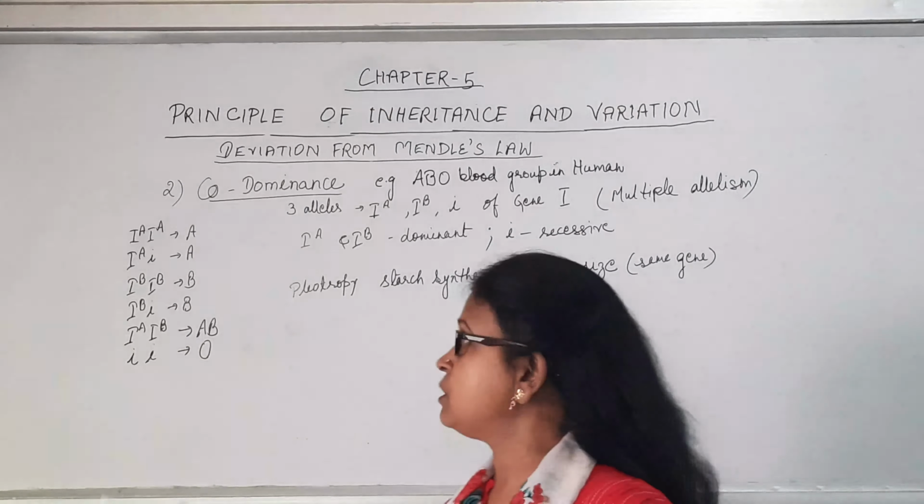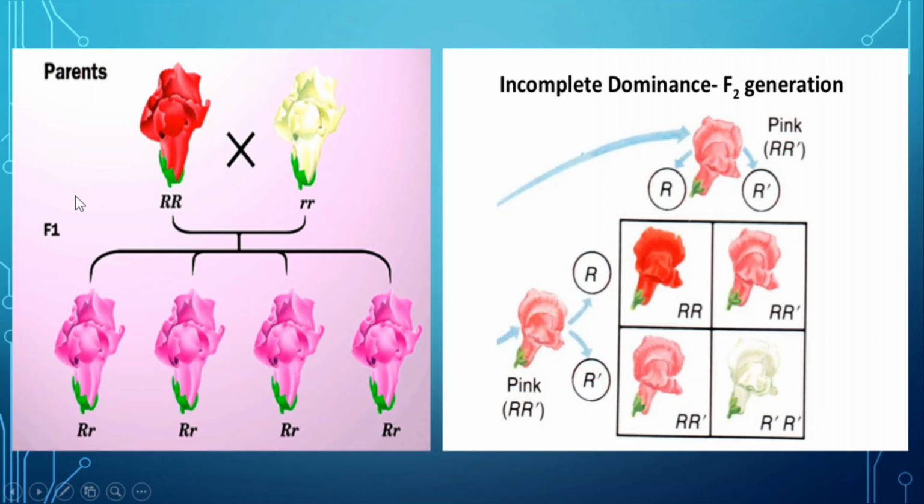Red is the dominating character, and white is the recessive character. But after the F1 generation, whatever the ratio of the offspring, all were pink in color, neither red nor white. And when these two pink-flowered plants are allowed to self, that is, they behave as the parents and are crossed, then the result was one red flower, one white flower like the parents, and two pink flowers.